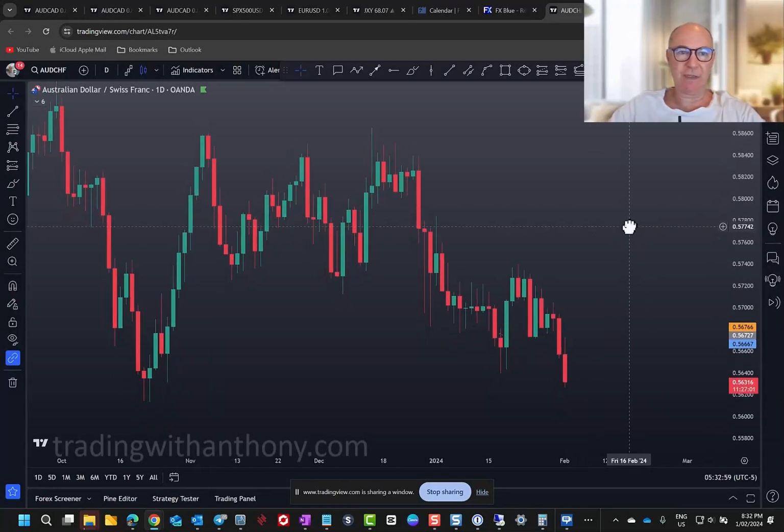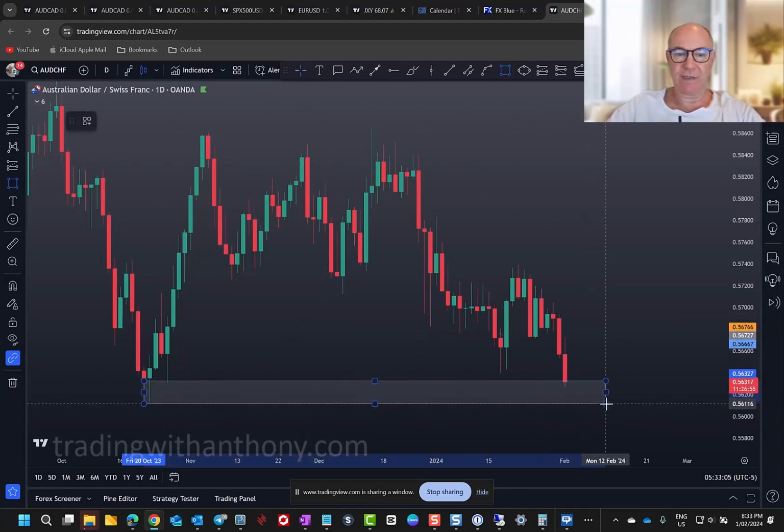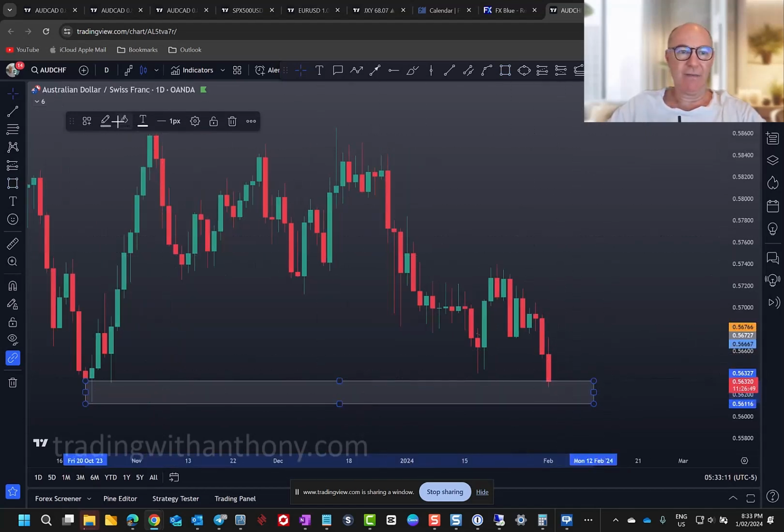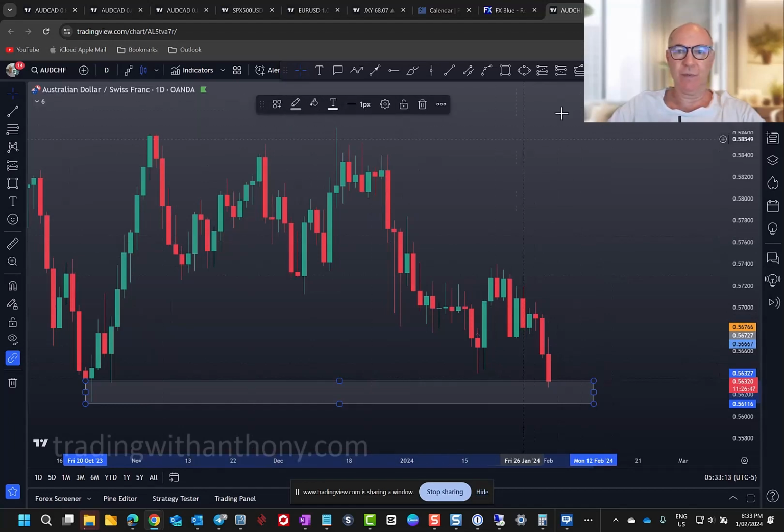I've come across the Aussie CAD. Now this has traded into a key level here, right? It's attacking liquidity under these lows at the moment. It's overextended on the daily time frame, but I'm looking for the pullback, and my setup is going to be,